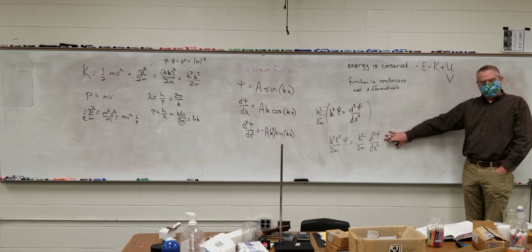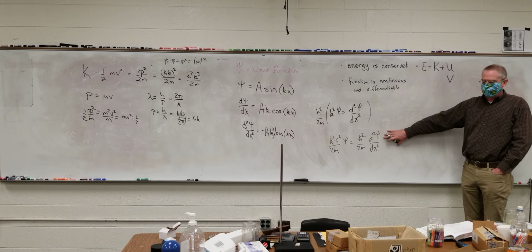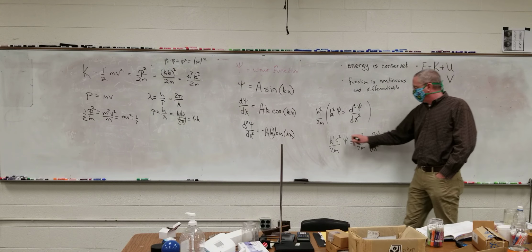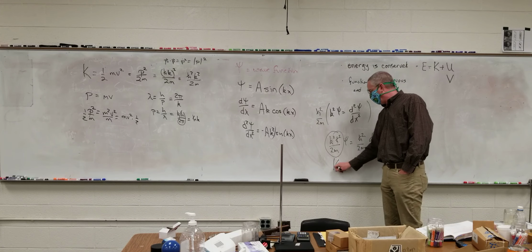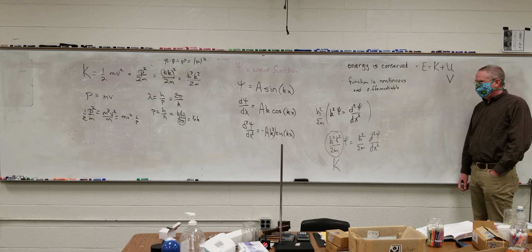Now the notation, for those less comfortable with calculus, this is just a second derivative. So this right here is just my kinetic energy. It always seems so ridiculous why they did this, but